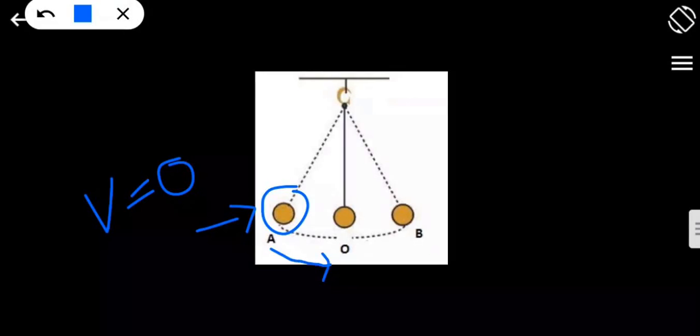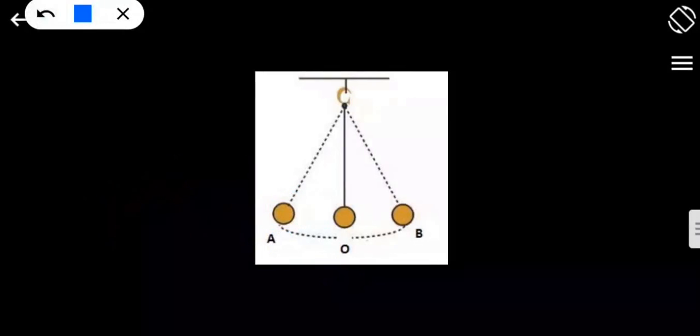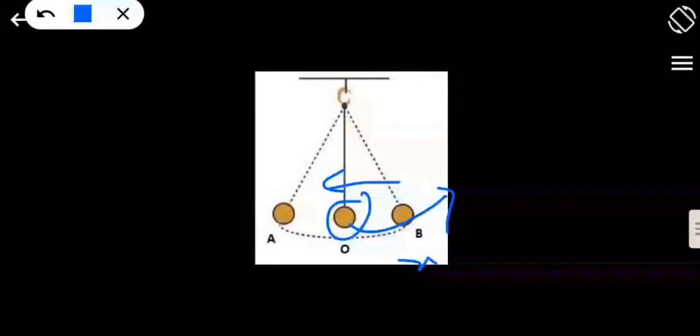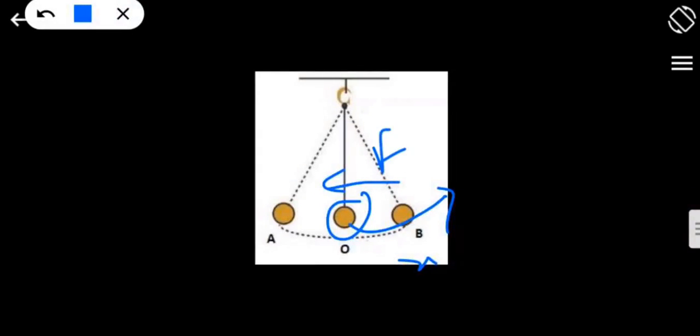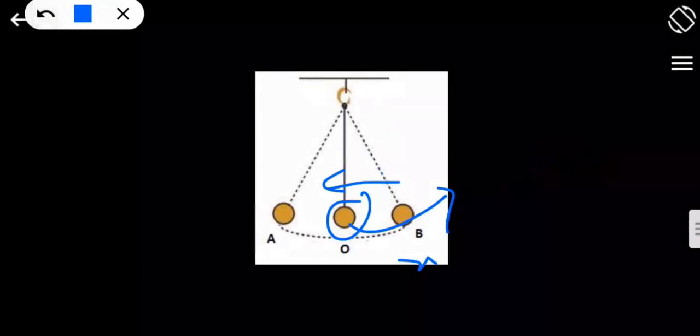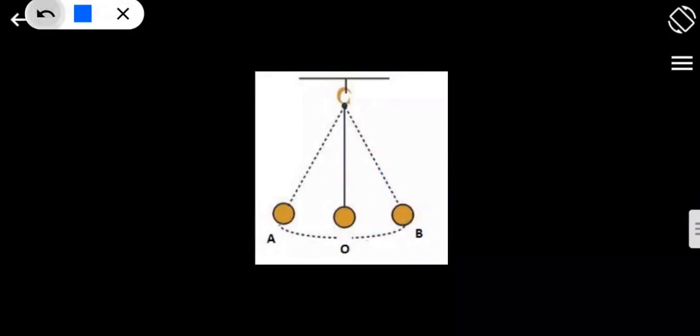And one more thing you need to remember: the displacement is made from this position to this position. This is x, suppose the displacement. But where is the force working? The force is working in this direction. So displacement and force are opposite to each other. So here you have to use a negative sign. While making the derivation, you will get the picture clearly, right? So what is the force necessary? mg sin theta. That is the restoring force.